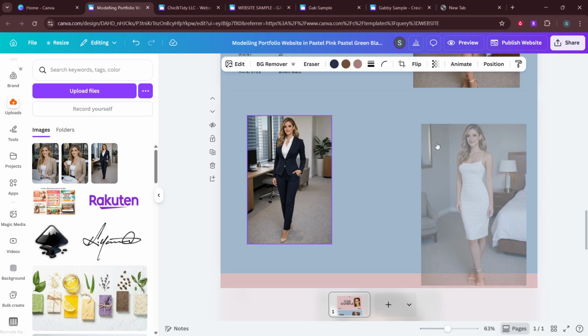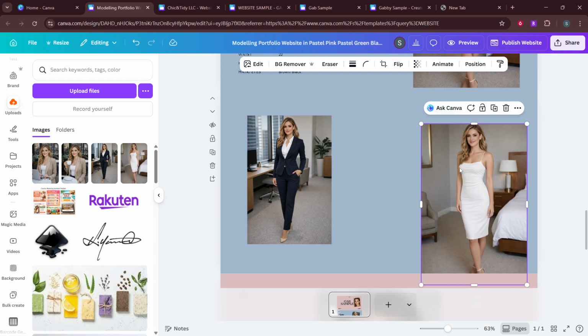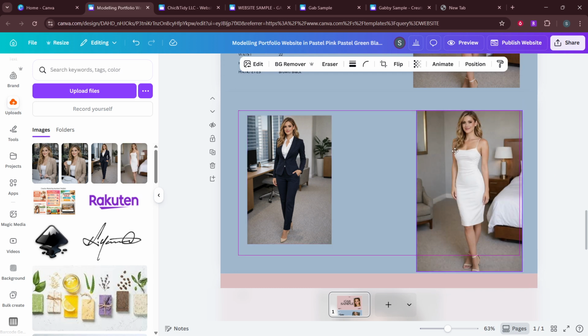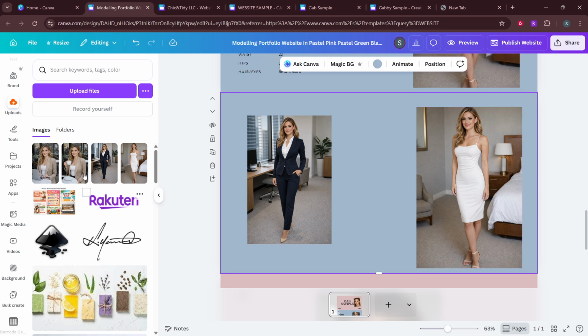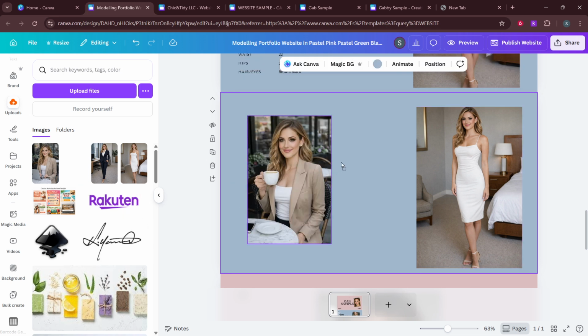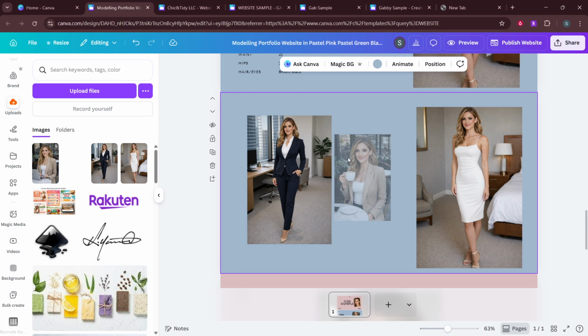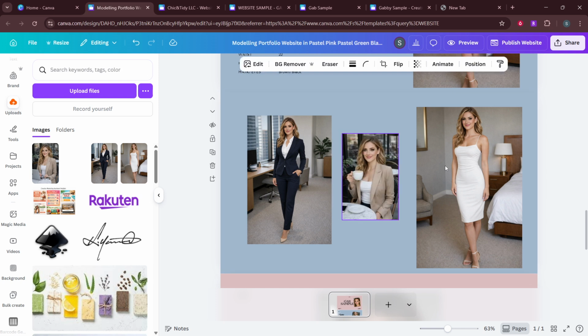When you're happy with how it looks, it's time to go live. Click Publish Website. Canva will update your site, and your new gallery will appear right where you placed it. If something doesn't look the way you expected, return to your design, make quick adjustments, and publish again. Small tweaks can make a big difference in how polished the page feels.